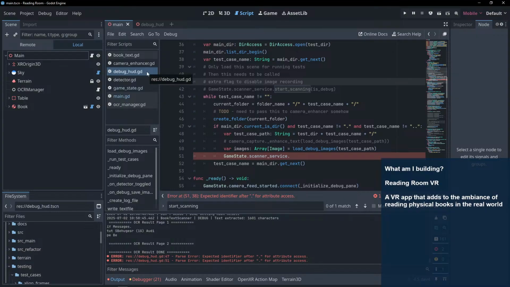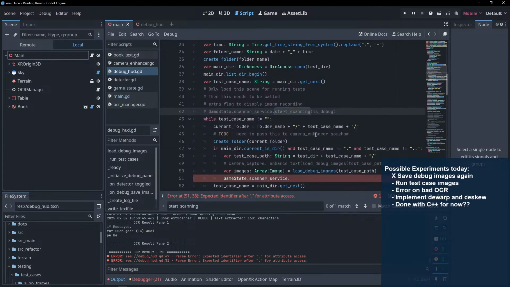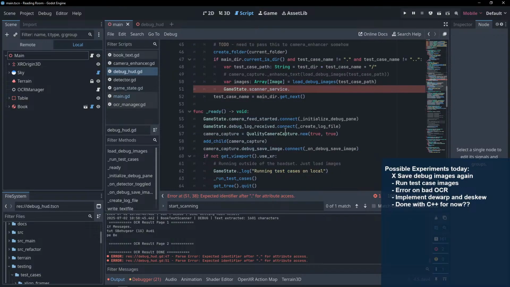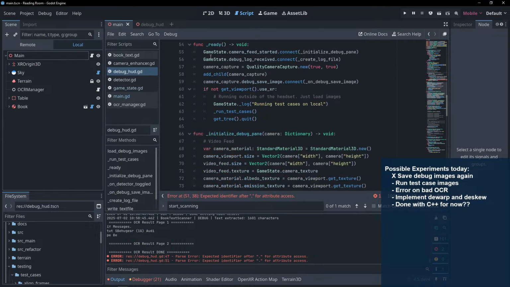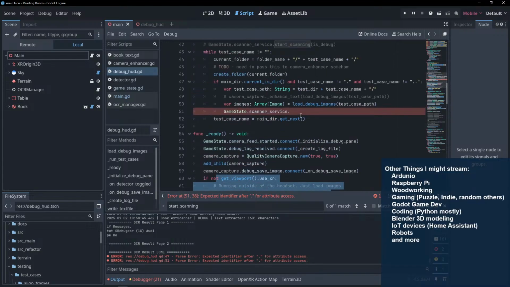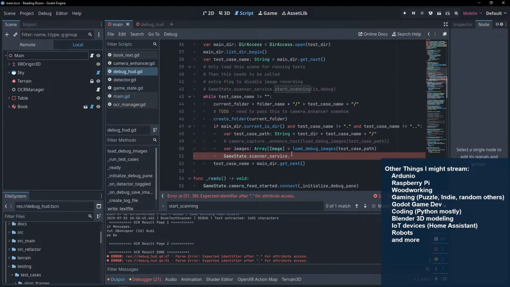So that's what I would do. If we were just calling the debug scene, this debug HUD is attached to its own scene. So load that scene and just run that scene by itself. In which case, if I was doing that, then this would need to get called. And again, especially if I'm able to call a specific function in this script, then I wouldn't do this on ready. I would run test cases on their own by themselves. I wouldn't need this block here. The debug HUD would still be for when I'm testing with the headset on. Okay, so then,